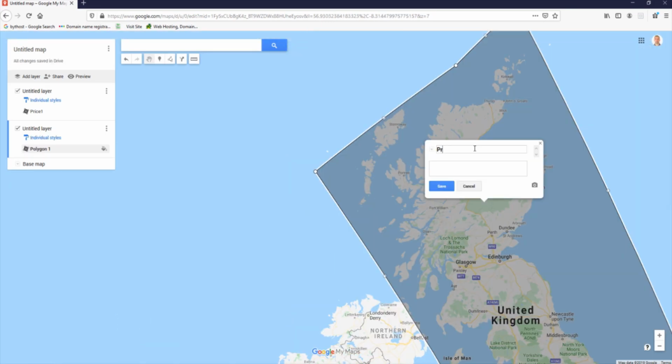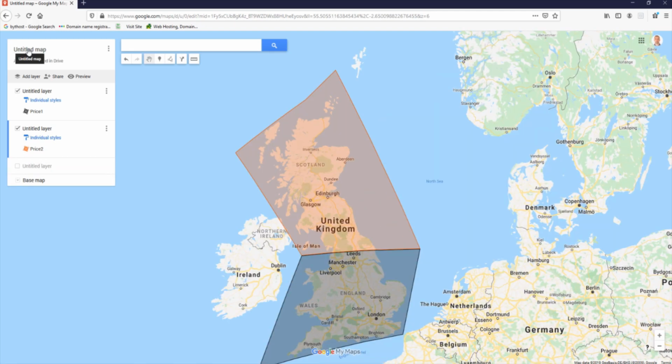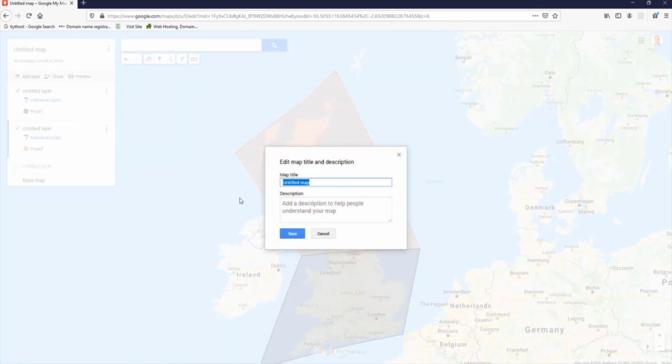Price 2, and 6 pounds, let's say. Save and change color. This one. Press on the title, you can write the name of the map, my map, let's say,